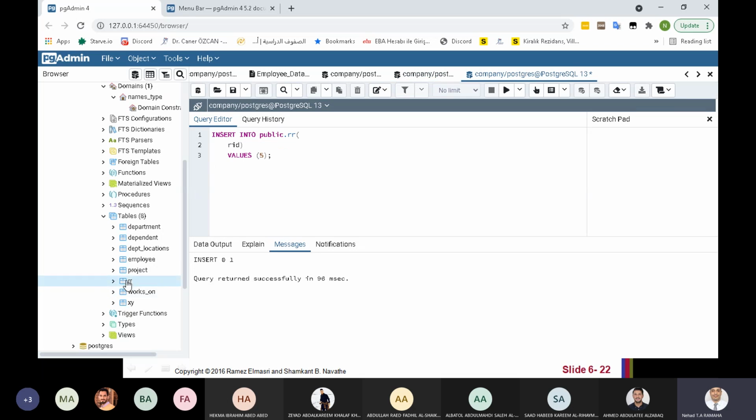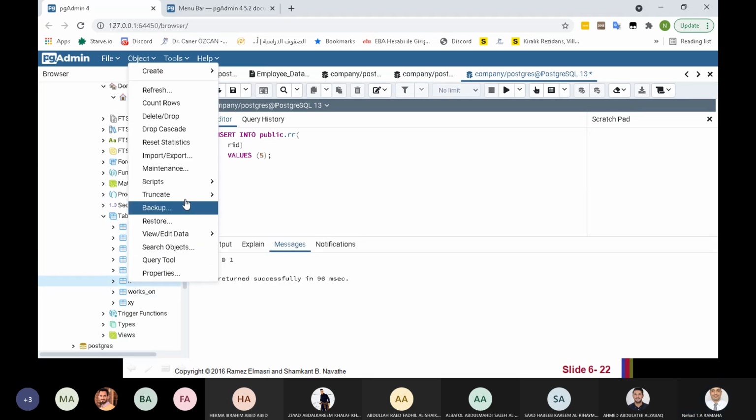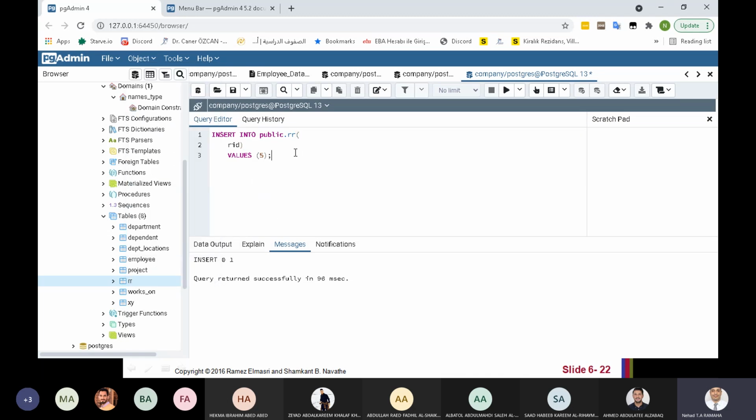So if you check the data, let me write it as a query. Select all data from RR.